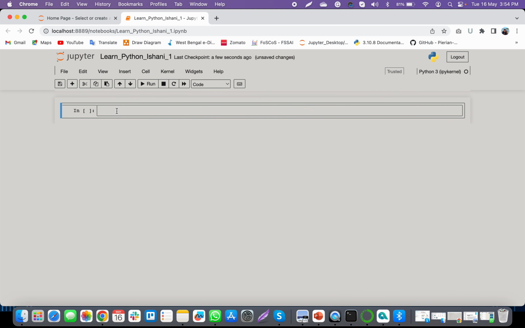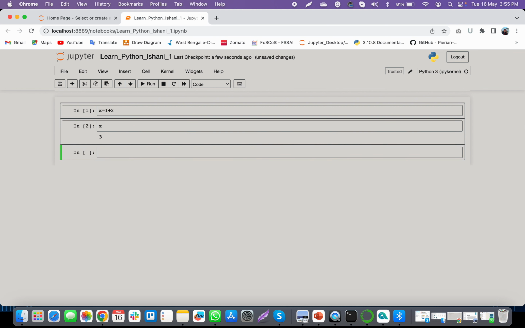Okay. So for example, we can do multiplication, division, we can use minus, and we can also use plus. For example, x is equal to 1 plus 2. If we run, x is 3,